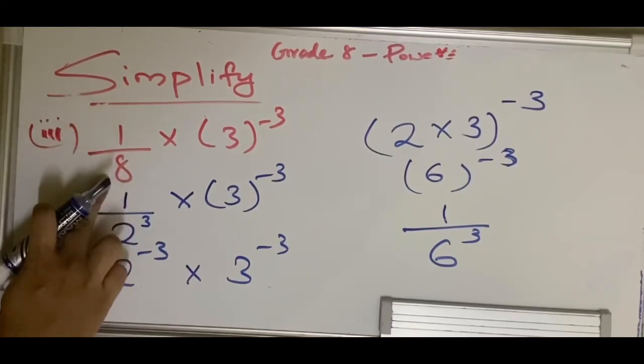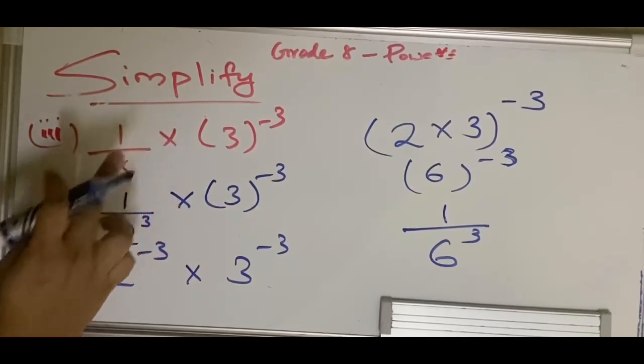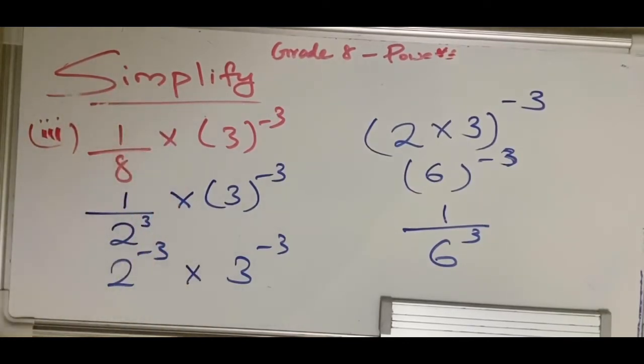And since it is in the denominator, if you take the reciprocal, you can get the negative exponent. So you will be doing vice versa. If you want to remove negative exponent, you will be doing a reciprocal and you will put the positive power. And if you want to make an exponent into negative, you are performing the same function, that is you take the reciprocal and then you write the power negative.